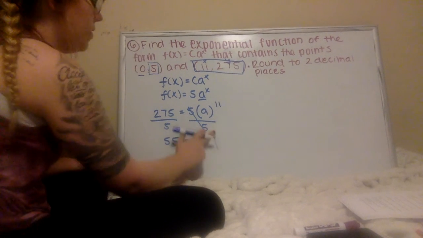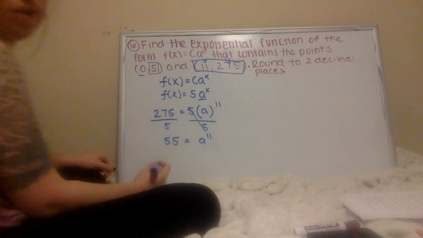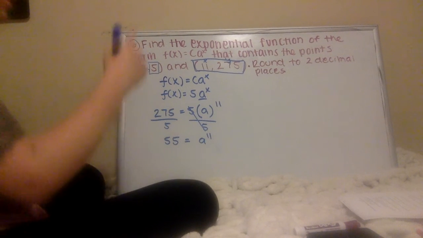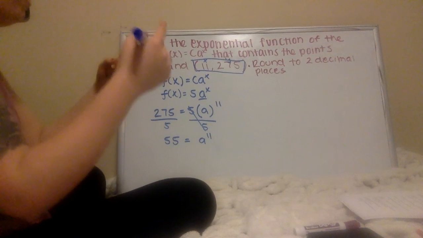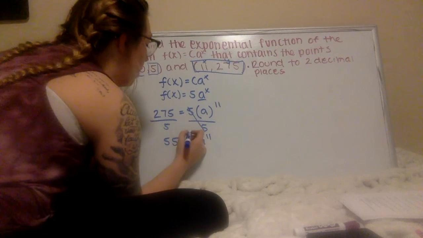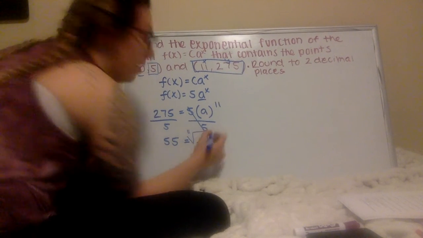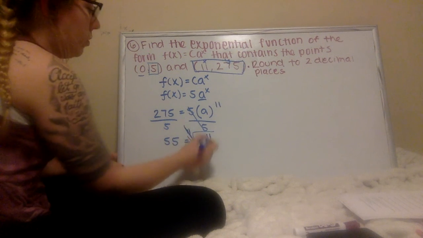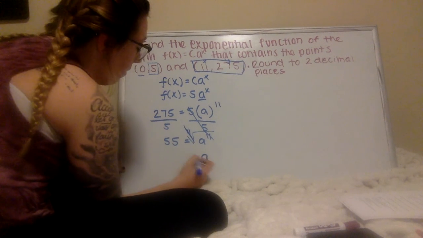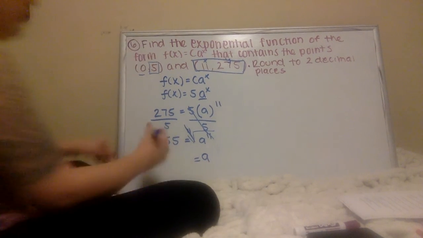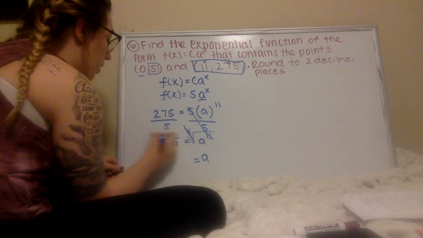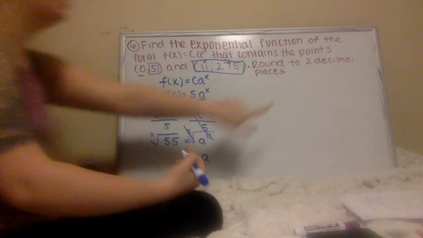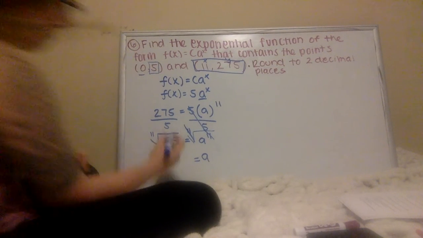Alright, and then to cancel that a to the 11th power, since we're solving for a and nothing's in the exponent, we can just take the 11th root. Something raised to the 11th power can be canceled by the root of it, so the 11th root is going to cancel our 11 and leave us with a. And then when you take the 11th root of 55 and plug that in your calculator, it asks us to round to 2 decimal places, so rounding that to 2 decimal places in your calculator gives you